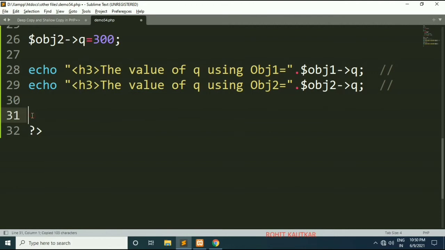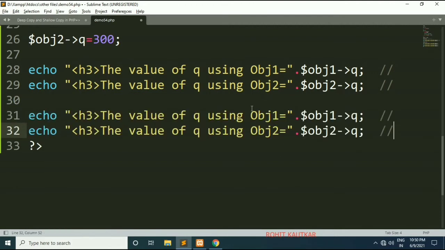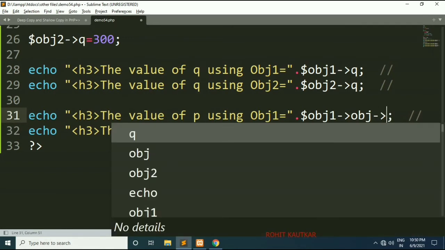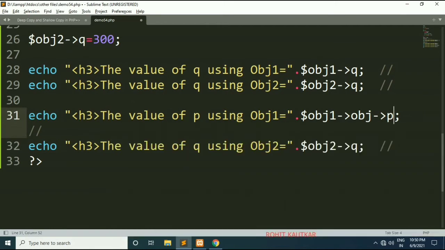First of all, let's try to print the value of P. So here I will write the value of P using object 1, obj1, and then we have to write obj, and through this obj we are trying to refer to the value of P. I will copy this and paste it here, and here as well I will change to P.